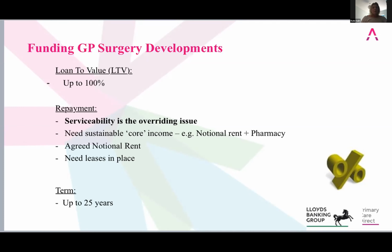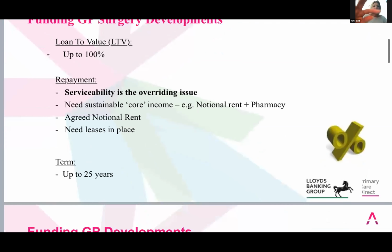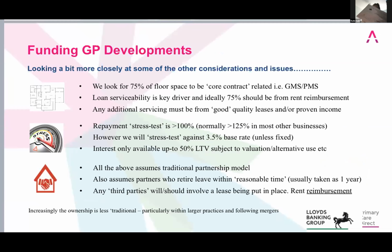Now, we can look at a term of up to 25 years. I'll go into a little bit more detail on that and look a bit further through the document. But as I say, the bank can offer a committed term on the loan of up to 25 years. So looking at GP development in a little bit more detail, and some of the considerations and issues to take into account: we would look for 75% of the floor space to be covered by the core contract relating to the